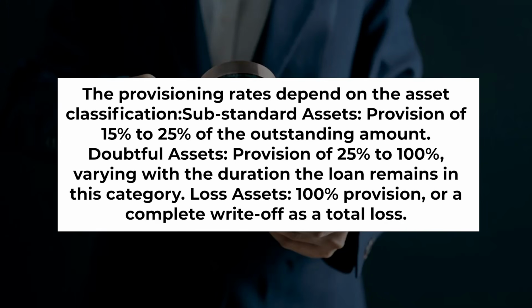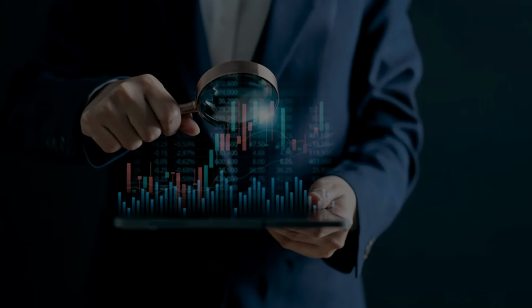The second part of the process is when a loan account becomes non-performing after 90 days of default. It is classified as substandard, where in the first year the provision is 15%, in the second year it is 20%, and it goes on up to the fourth year when it is made 100% provision. That is, in 4 years, every bank has to make a provision of 100% against the unsecured portion of the loan. The purpose is to ensure that even if there is a total default, the bank will be able to cope with that kind of loss. So that is the second kind of provision that we have.